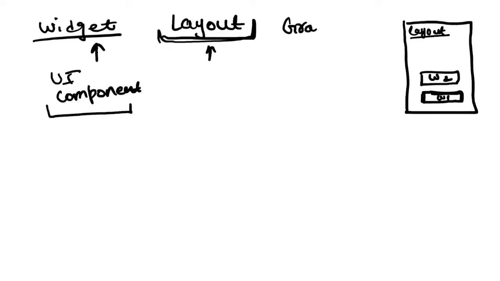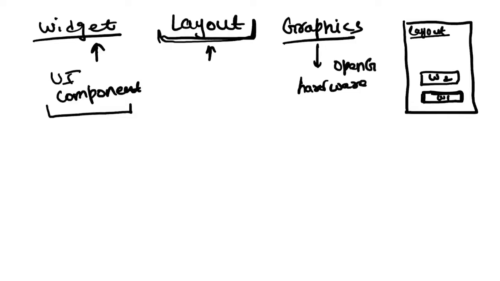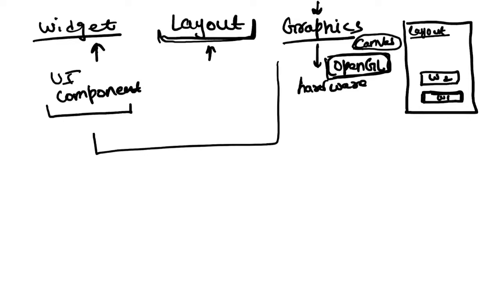The next is the graphics. Graphics is a low level API which actually talks to your hardware using OpenGL, which is a standard framework to create any kind of graphics or animation. So graphics APIs are provided to the user. You just need to deal with the graphics API, and internally it talks to your hardware to create any kind of animation, text or visual experience. Internally it uses the concept of a canvas. It creates a blank canvas first, and using that canvas you start creating the graphics, and then those graphics eventually get converted into a widget.